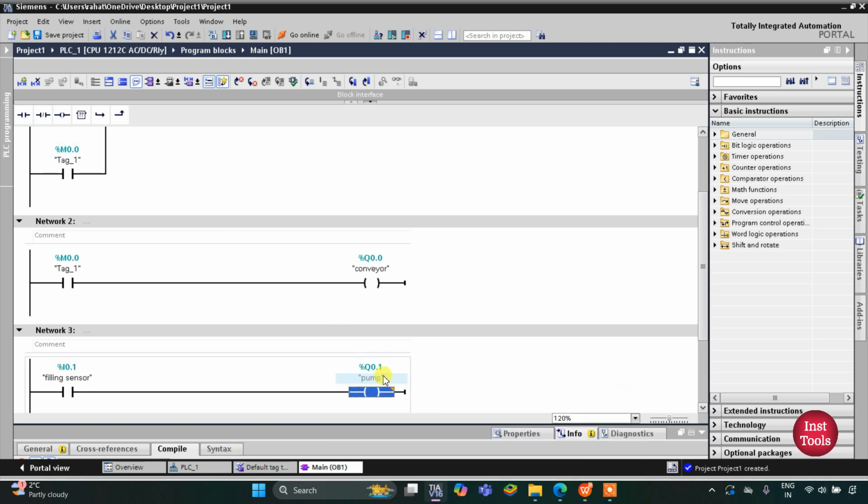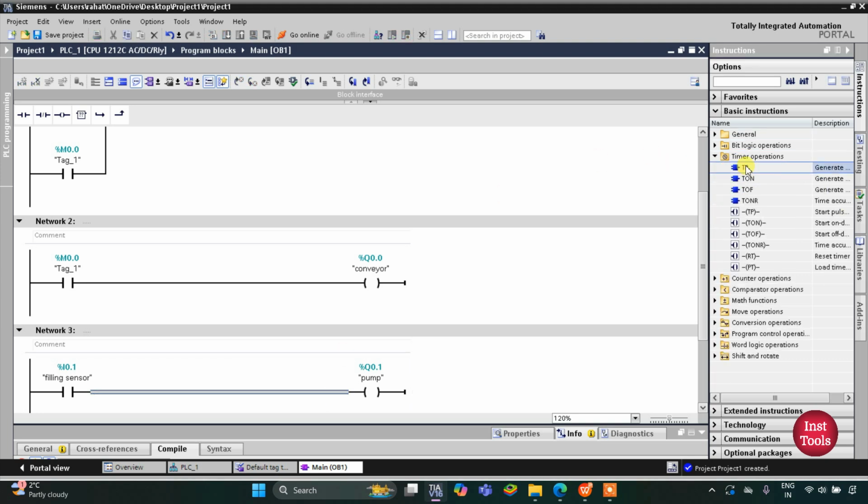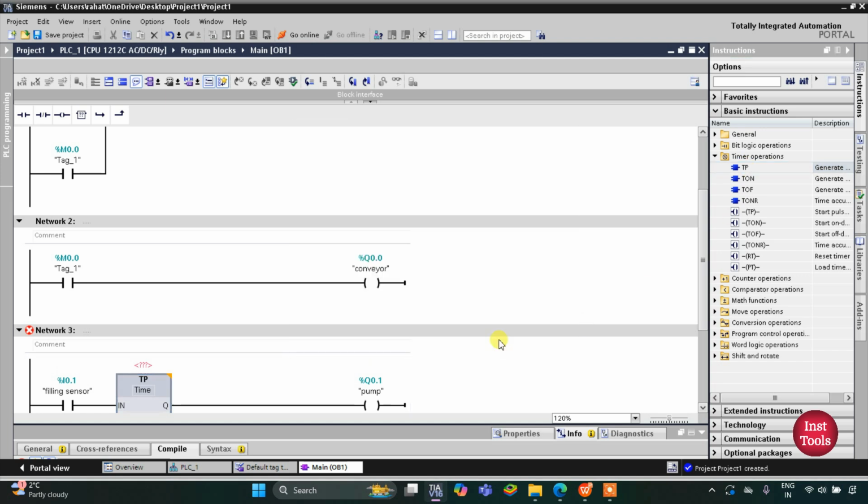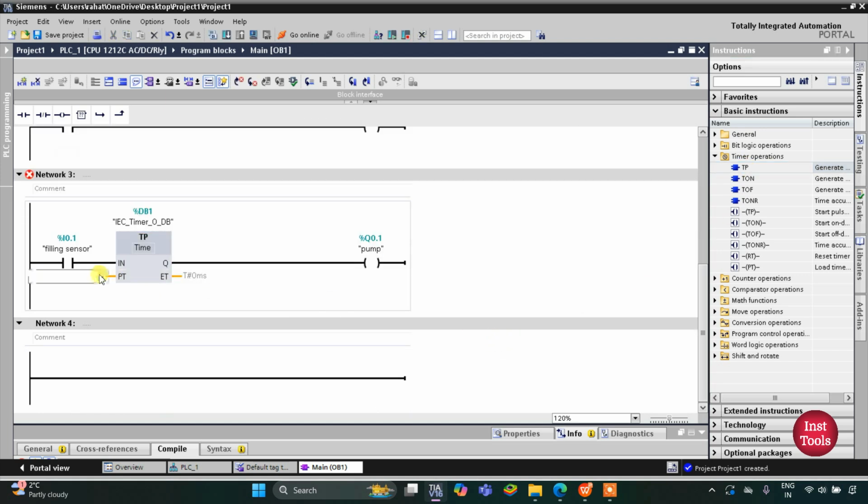It will be the pump, and pump will fill the bottle for 15 seconds. For that, we will use a timer operation, that is TP, and the preset value for this TP will be 15 seconds. So when bottle reaches the filling station, the sensor gets activated and the pump turns on. And then